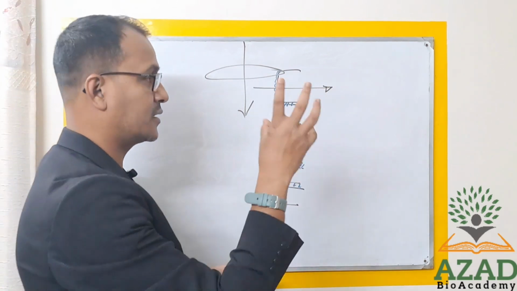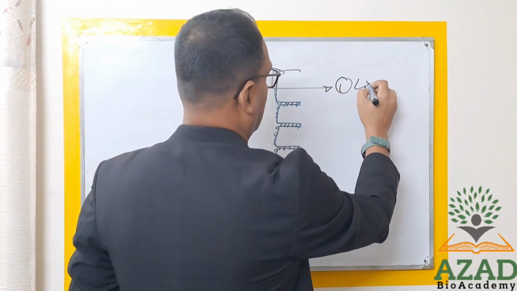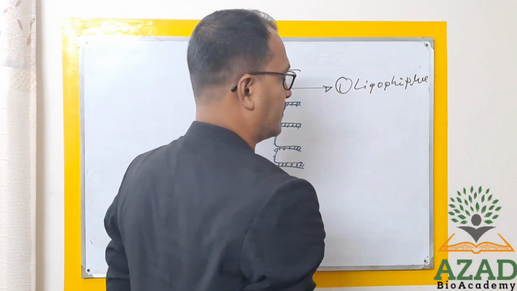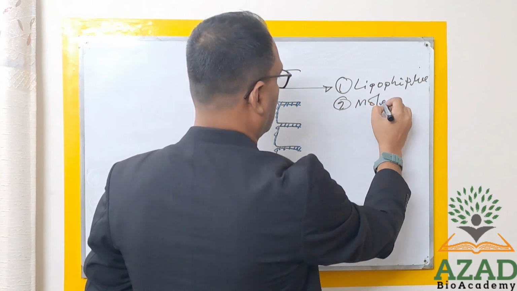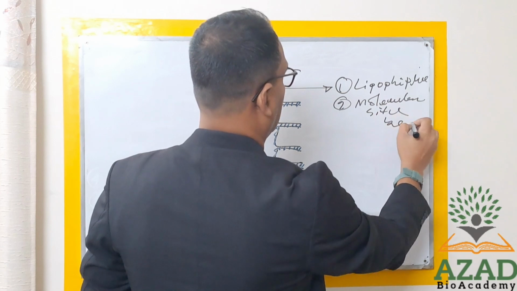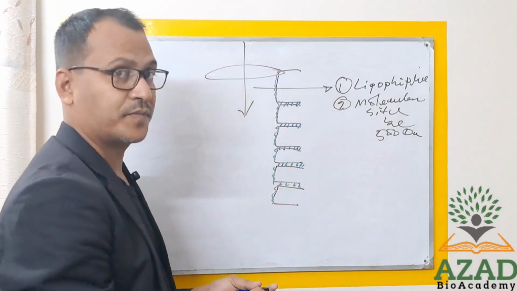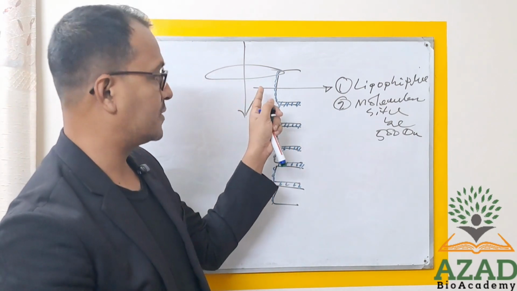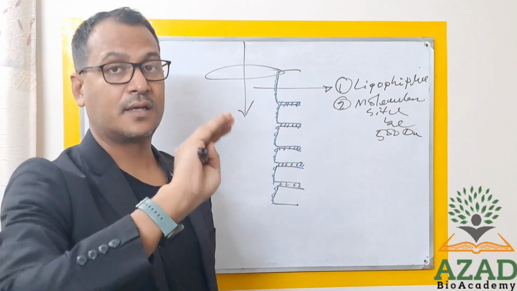The criteria: it must be lipophilic, and the molecular size should be below 500 Dalton. That means small molecular size. So if it meets the criteria, that means the molecular size is very small and lipophilic,